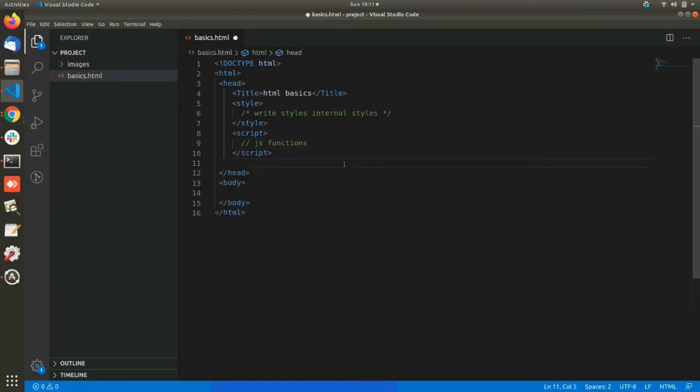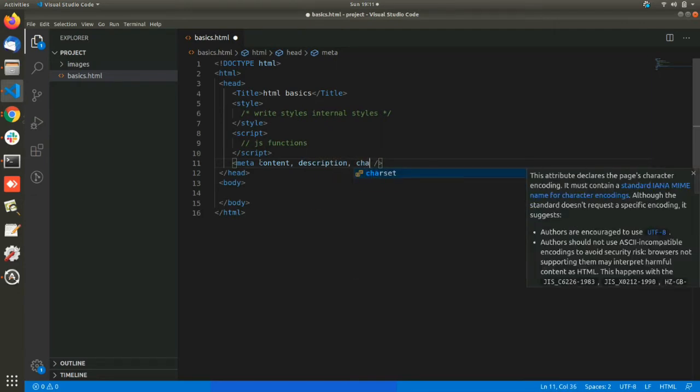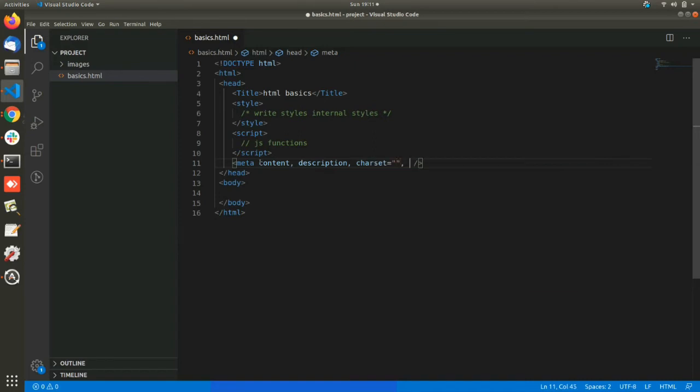Next, coming to meta tags. These meta tags are self-closing tags, and we are using meta tags for content, description, character set, and viewport. So for all of these things we are using meta.